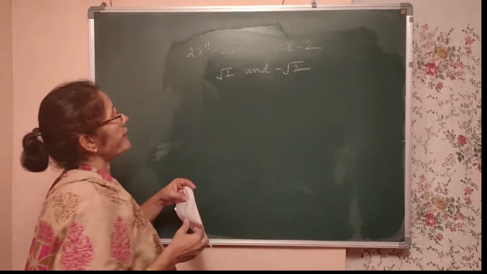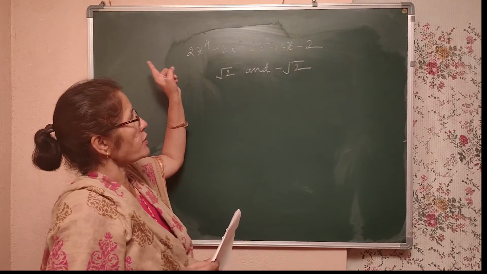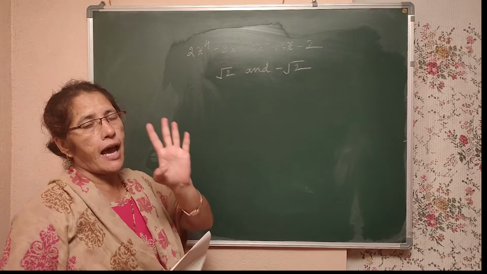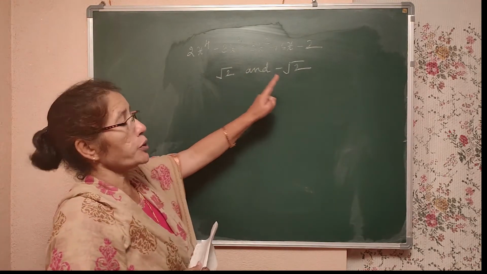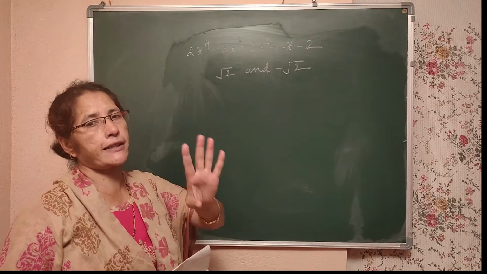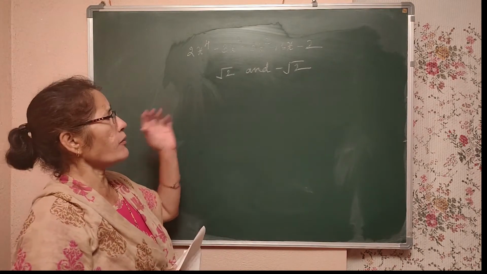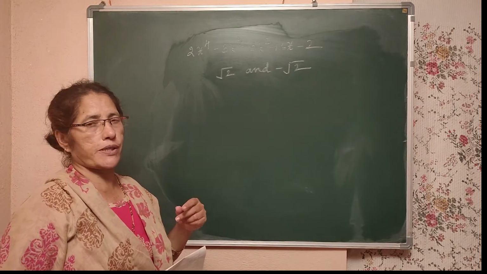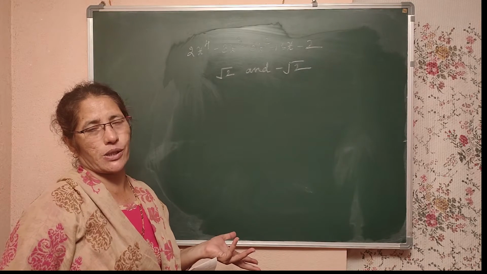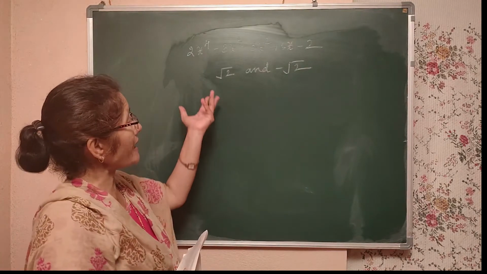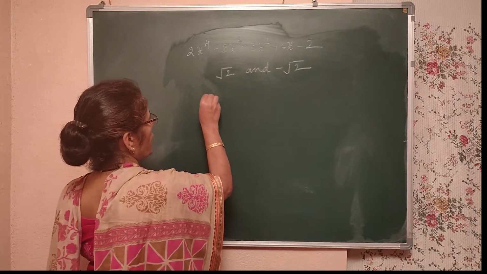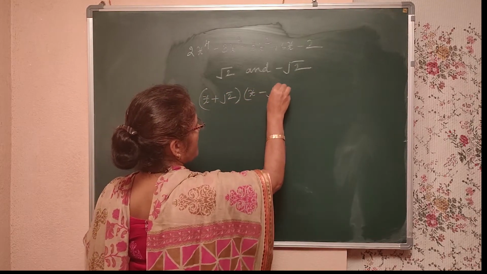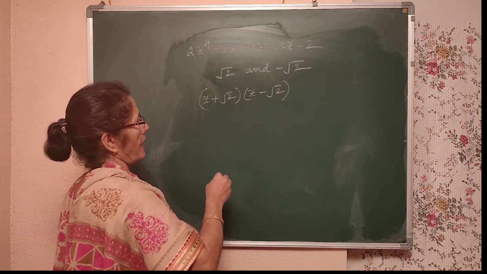As soon as I look at this polynomial, it is a biquadratic polynomial having 4 zeros. But they have given 2 zeros. Your work is to find out another 2 zeros. Now, normally what do we do? If at all 2 zeros, x plus square root of 2 is equal to 0, so x is equal to minus square root of 2, isn't it? So, like that we'll do x plus square root of 2 and x minus square root of 2. These are the 2 zeros.